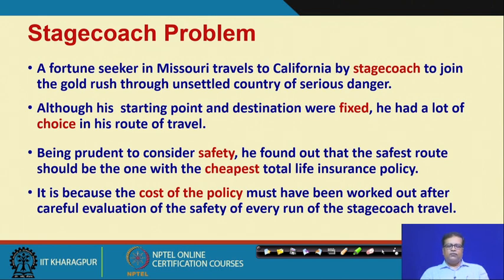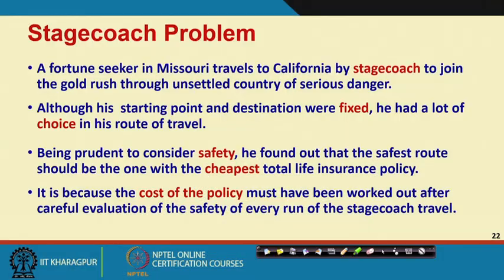because stagecoach travel would depend on, let us say, the number of days, and we know the number of days, assuming from a given city to the next set of cities the number of days are more or less the same. So, it is the insurance policy premiums which are going to decide the total cost of the path, or maybe you can even say the safest path will be that where the cost of the policy is minimum. Not only you pay less, but also your risk is the least.